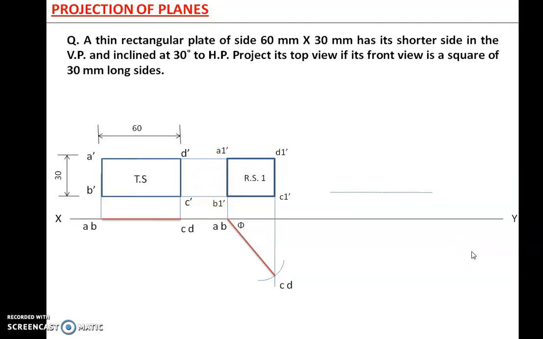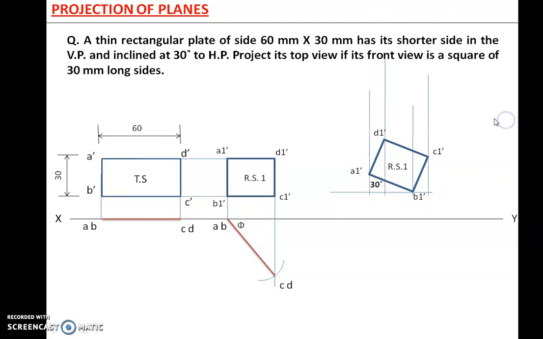So first mark a line which is parallel to XY. Then you will redraw the square so that A1 dash and B1 dash are at an angle of 30 degrees. See that when you are drawing the square, all the internal angles are 90 degrees. If by mistake the angles are not maintained, it gets converted into a rhombus. So whatever reduced shape we got in the second step, I have redrawn it by keeping A1 dash B1 dash inclined at an angle of 30 degrees.